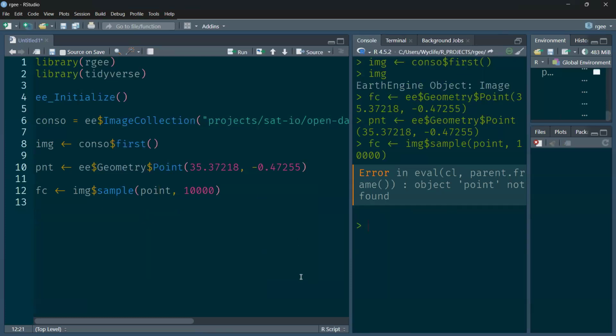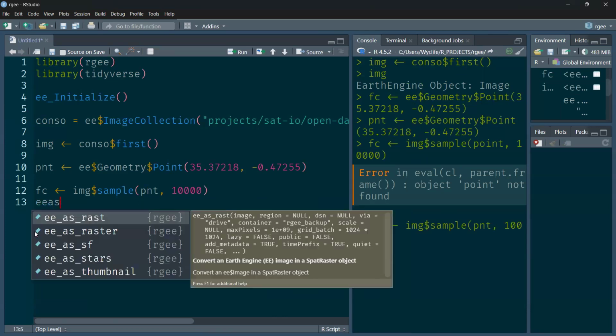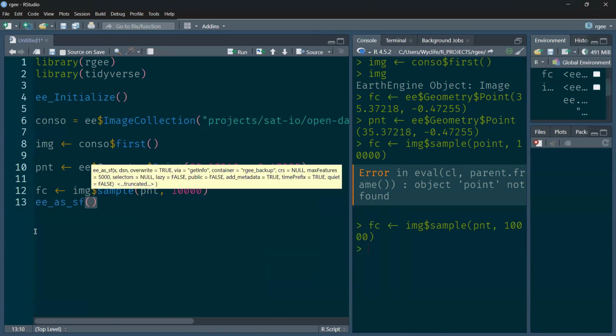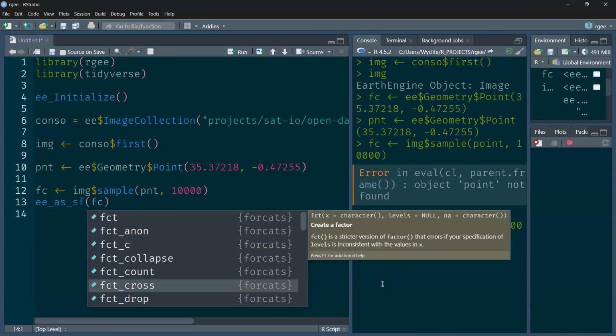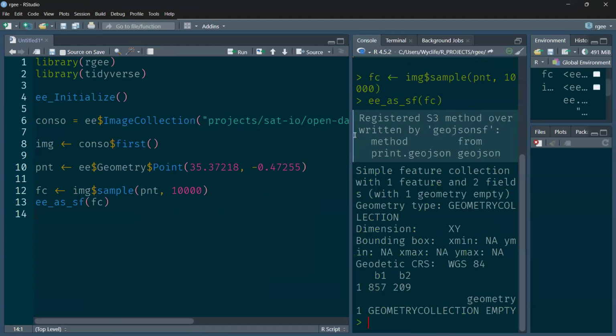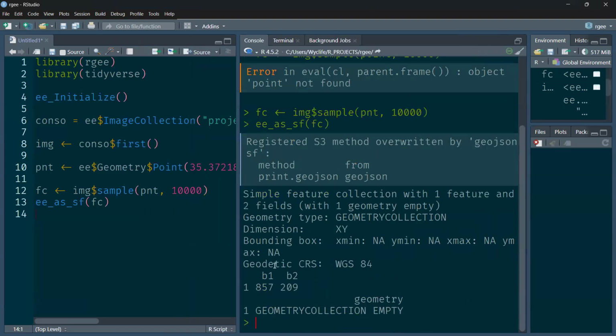It is not point, but PNT. So we have a feature collection, so we can see what is in this feature collection. And then that gives us, for example, these two values, which means these are the two bands inside each image,